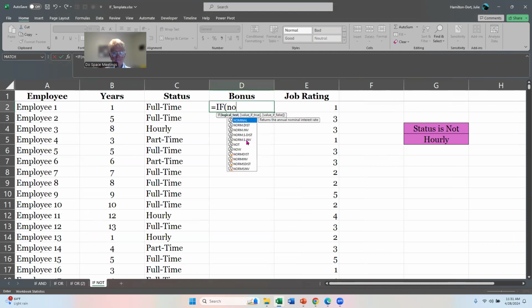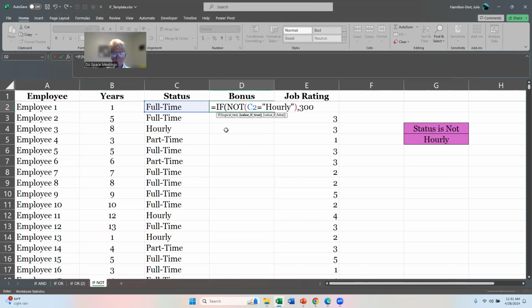If I can populate that, there it is. Just going to double click on that. So if not, and then we're going to say C2, if C2 is equal to, and we'll put this in quotes, hourly,